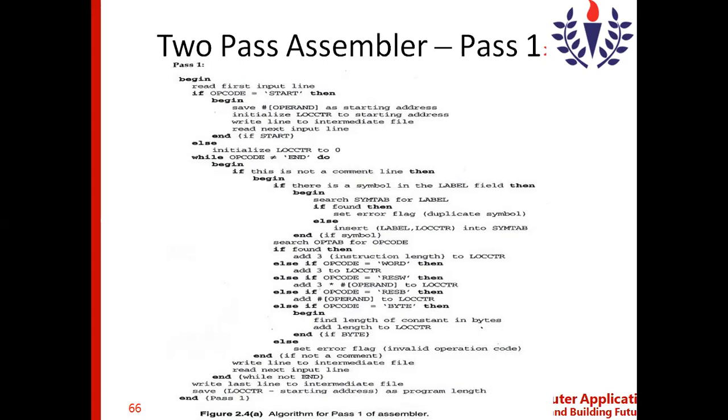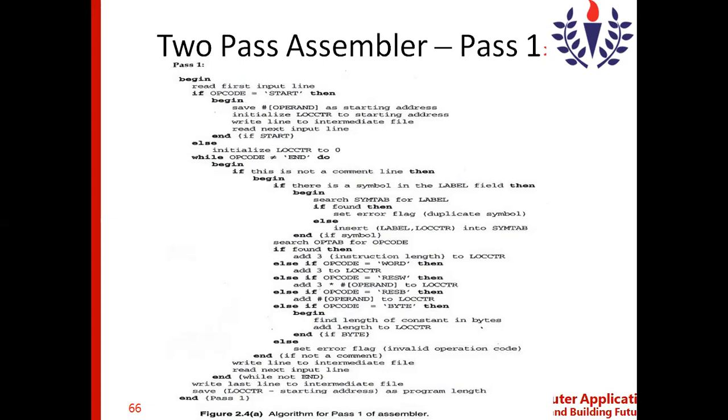So if the operation code is available in the optable, then the programmer has used a proper instruction. If it is found, then the location counter, which I told you keeps changing, is updated. When you move to the next instruction, the address of the next instruction is decided based on the previous instruction and the storage it needs.